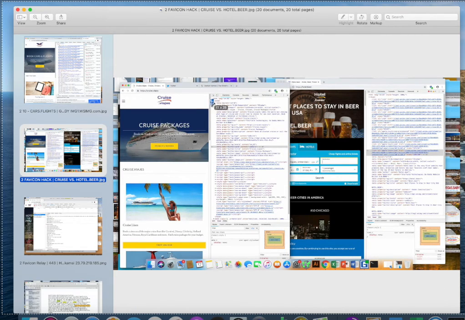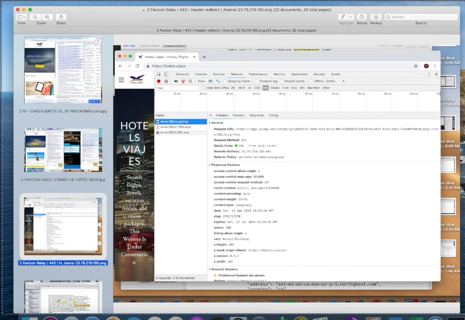Now, during the website build, this is cruise.viajes, and it doesn't show it. But after I built cruise.viajes, it turned into relays. This is hotel.beer, and they put the relays in there. Now, hotels.viajes here, those relays, they're attaching the IMG WSIMG.com.